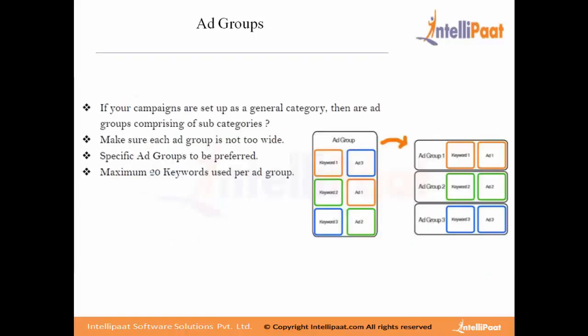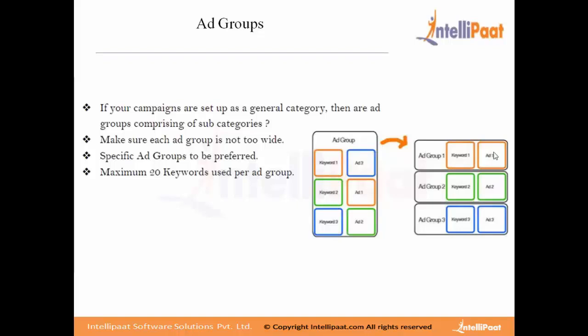The other thing which the AdWords auditor should minutely look at is the ad groups part. Underneath the campaigns comes in the ad groups part. As you can see in the image, this is very well segregated where you have keyword 1, 2, and keyword 3, and you have ad copy 1, ad copy 2 and ad copy 3. All of this is within an ad group. Within an ad group, you have three advertisements and three keywords.